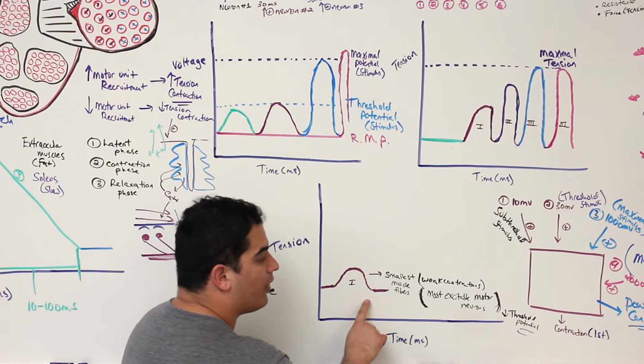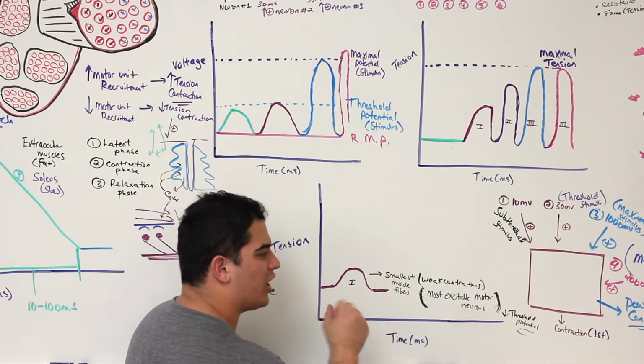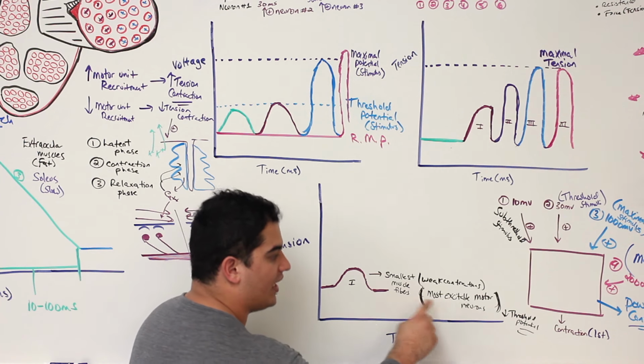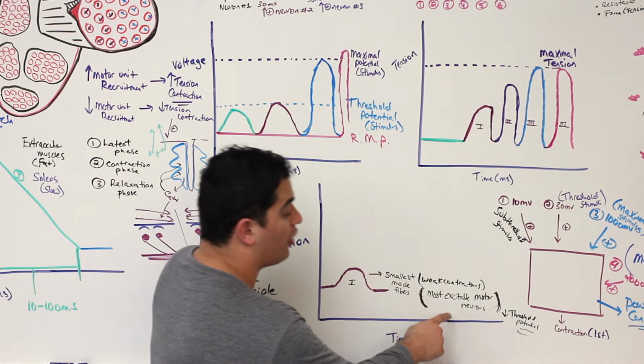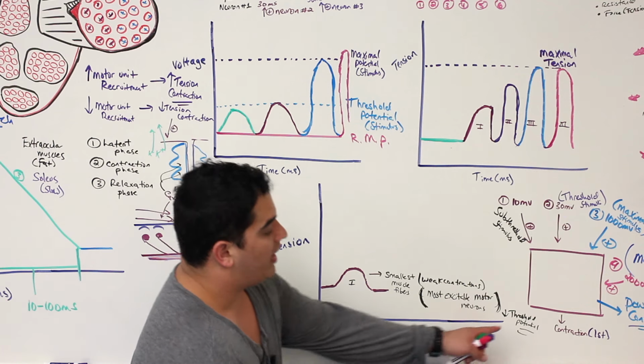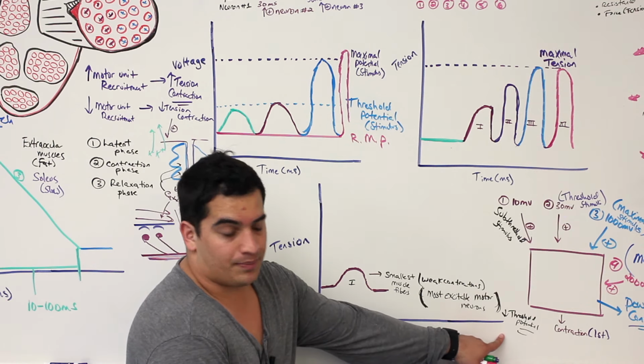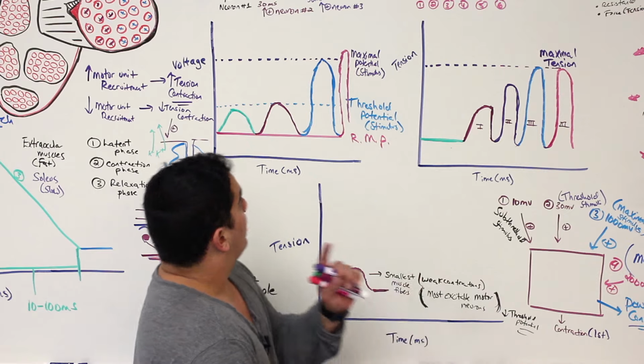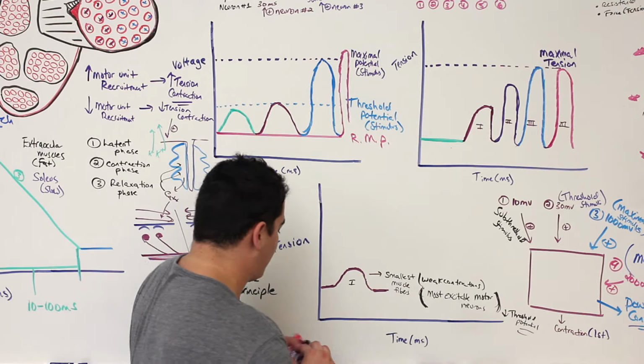So these are recruited first for one reason: they can only generate a little bit of force. The second reason is they're most easily excitable, because the motor neurons are super, super excitable because they have a very low threshold potential. So in other words, if you were to compare, let's say just for a quick second here,